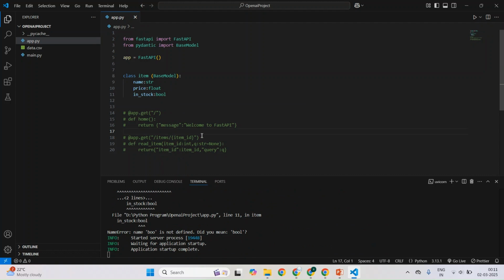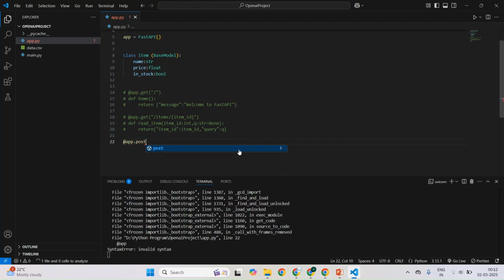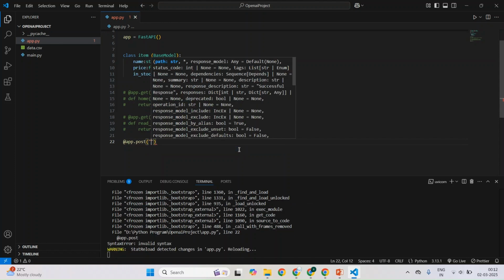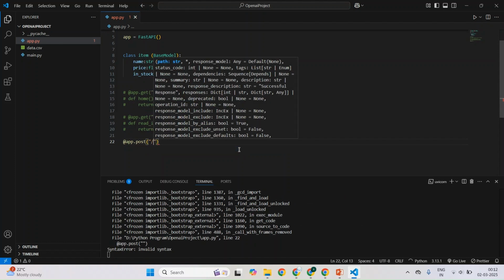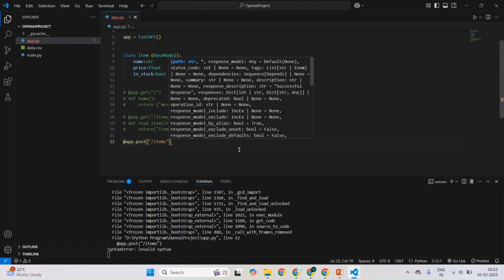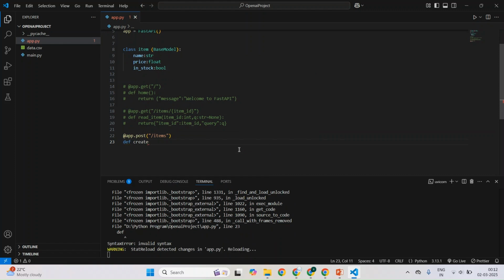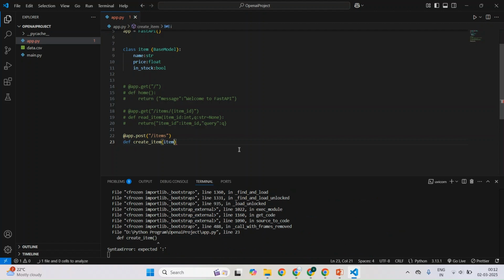So now what we will do, guys, now we'll create one API and we'll see the output, how it will work, whether the validation will work or not. So I'm taking here @app.post, and you can see, guys, this is the post method. So here we are creating one API. Okay, sorry, creating one user. So here is my /items, then my define function will come, create_item. Here it is item: Item,